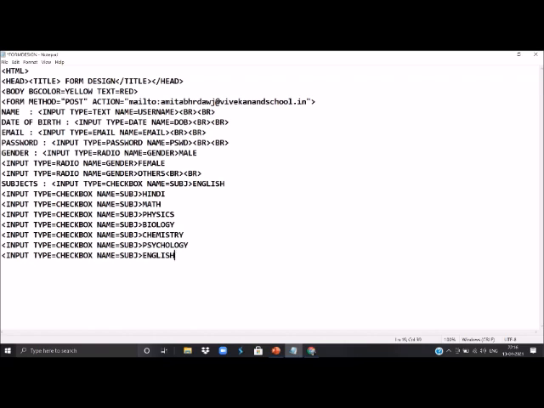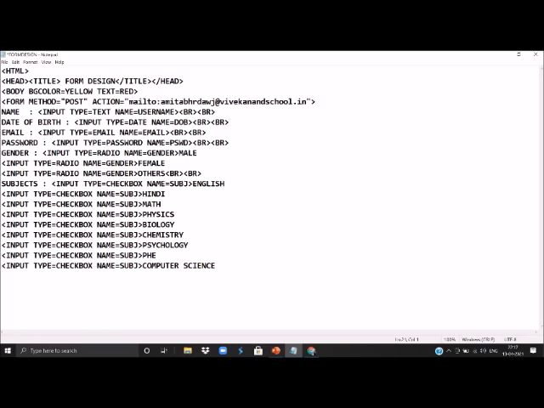Suppose we are giving one more option as PHE. And computer science. So user can select multiple options from out of all these options.